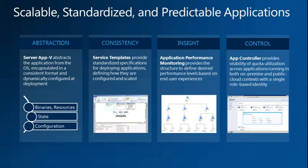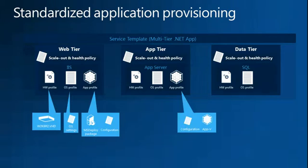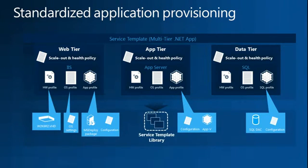So that's just a quick scene set. The service template itself, I'll just build this all out so you can take a look at it. The service template can be anywhere from 1 to N tiers. Okay? 1 tier application, obviously pretty simplistic, but when you've got multiple tiers, the 3 examples that I've got here,